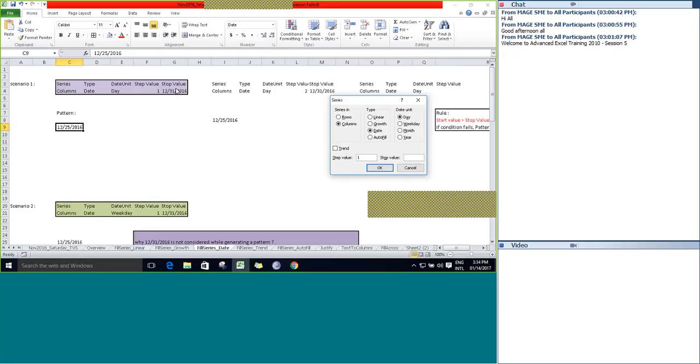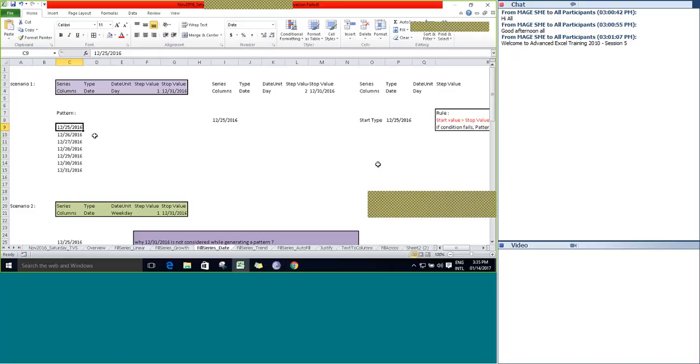Stop value is going to be the end of 2016. You have to provide the stop value in exactly the correct date format. Otherwise, it won't generate the corresponding string pattern.